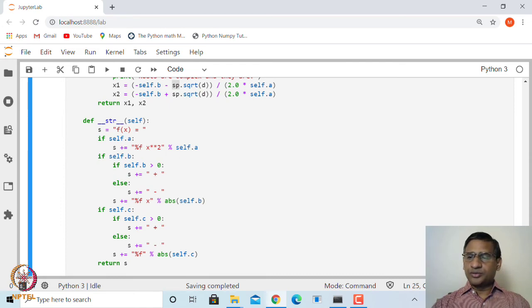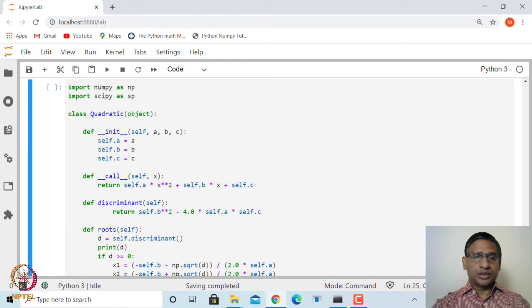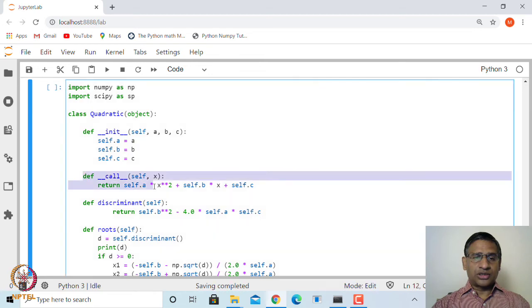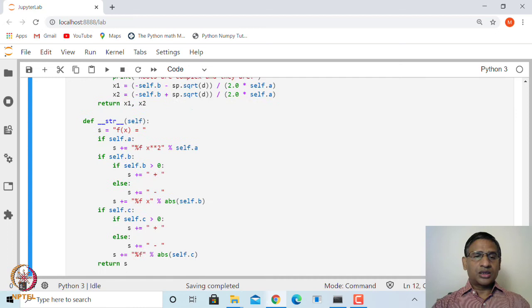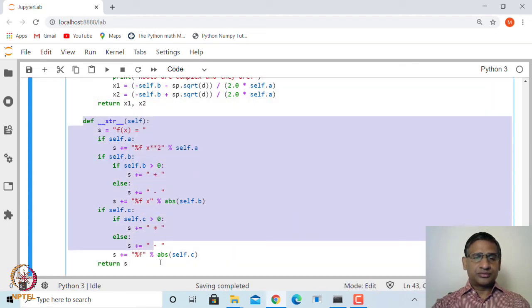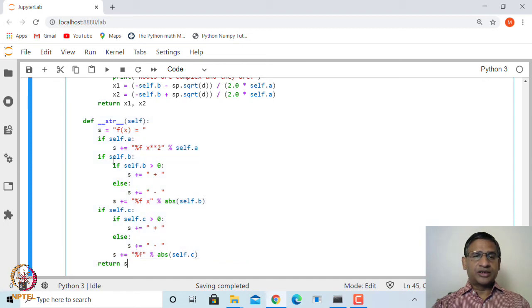So we can call the value of the function, and we can also create a printing string. This will print f(x) equal to ax square plus bx plus c, and it will replace the values of a, b, c by their values. So it is saying print f(x) equal to, that is the initialization.